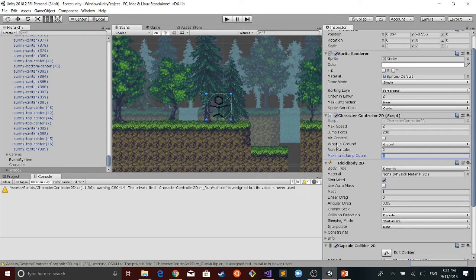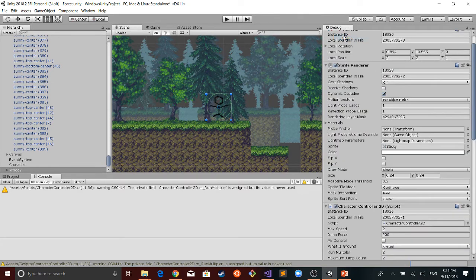So, to show you all something interesting. As you're working on your code, you may want to keep an eye on different variables that you have. As the script's running, you want to ensure that things are being set correctly. There's a couple ways you can do it. If you want to do it directly through the editor, you come up to Inspector, right-click and click on Debug.